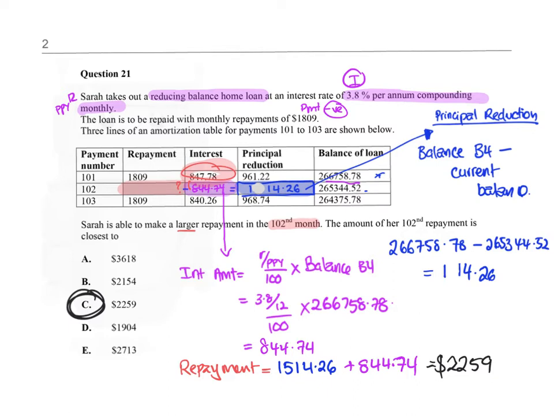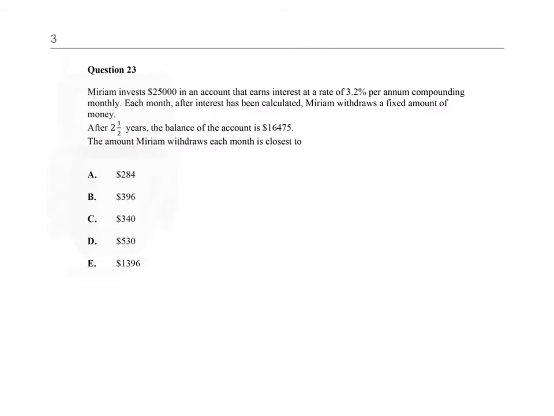Okay, so I put that one in wrong in the calculator. So that was actually 414.26, but that answer should be right. Yep. Okay, question 23. Miriam invests